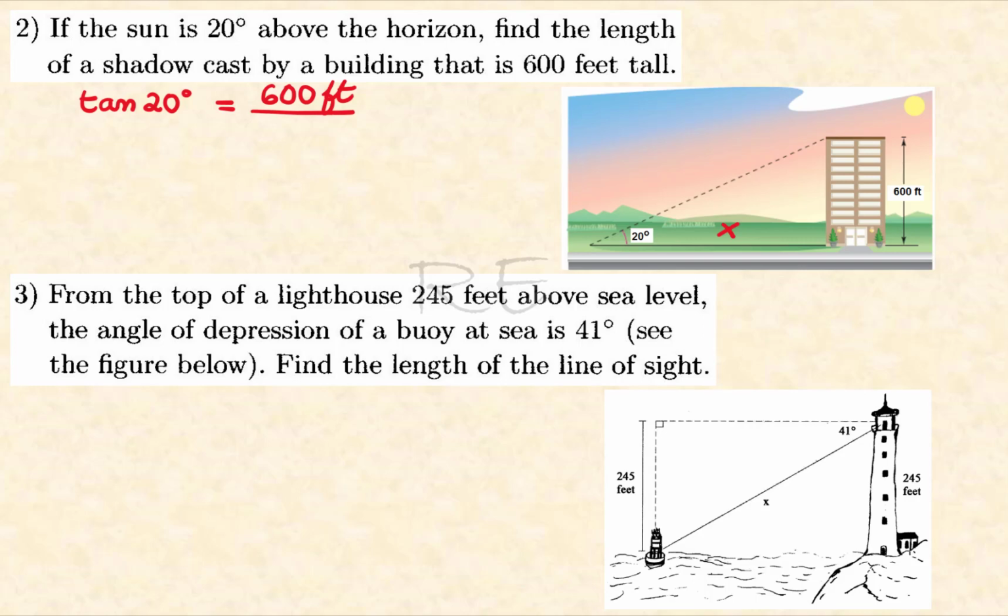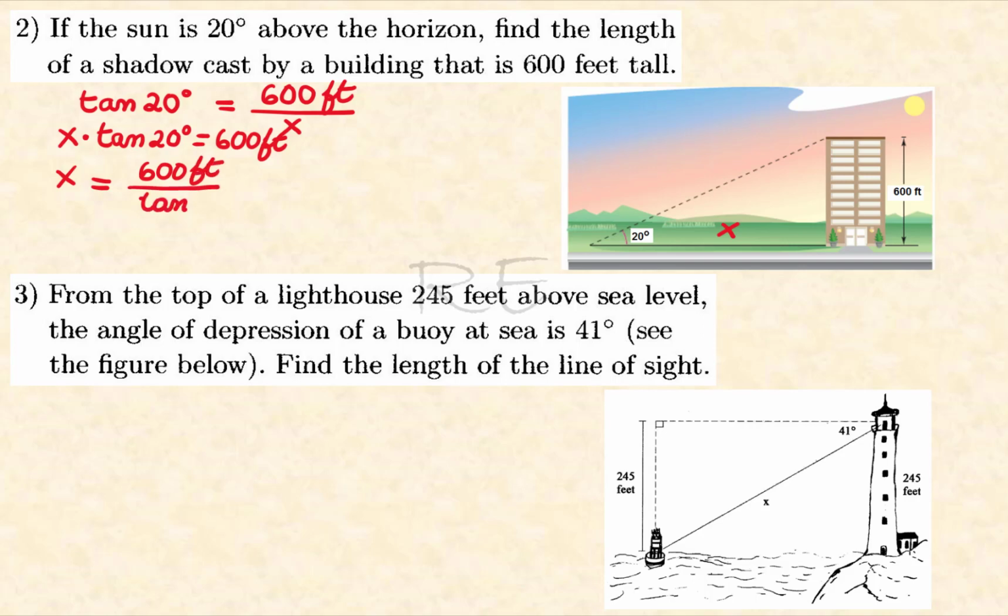Tangent 20 is equal to 600 divided by x. So x times tangent 20 degrees will be equal to 600 feet, and x is equal to 600 feet divided by